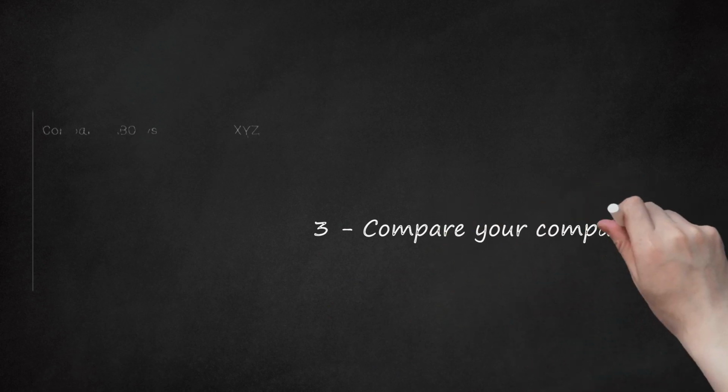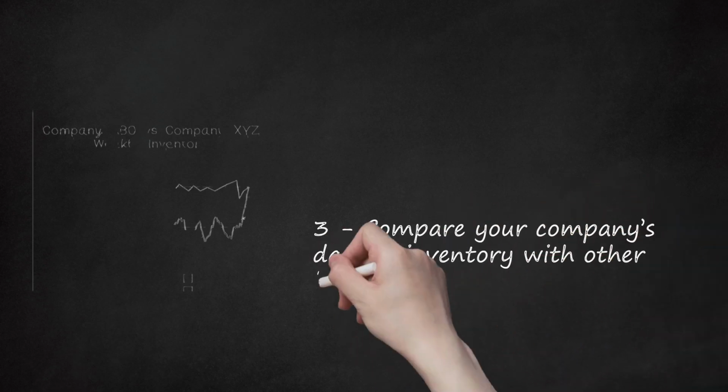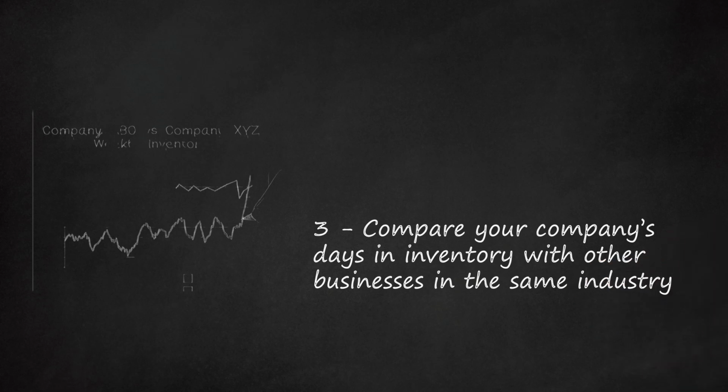3. Compare your company's days in inventory with other businesses in the same industry. The number of days in inventory makes more sense as a measure of effectiveness if you compare it with that of other businesses in the same industry. Different kinds of businesses sell their inventory at different rates. Retailers who sell perishable items have a smaller number of days in inventory than a company that sells cars or furniture. Therefore, compare your days in inventory with other businesses in the same industry to determine if you are selling